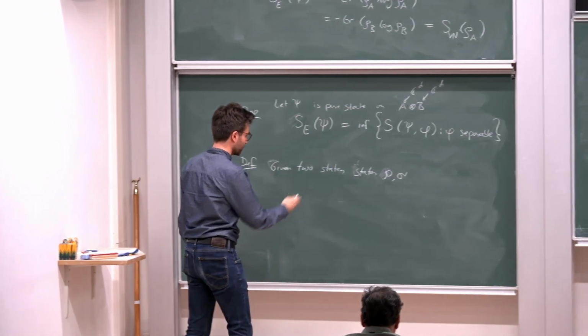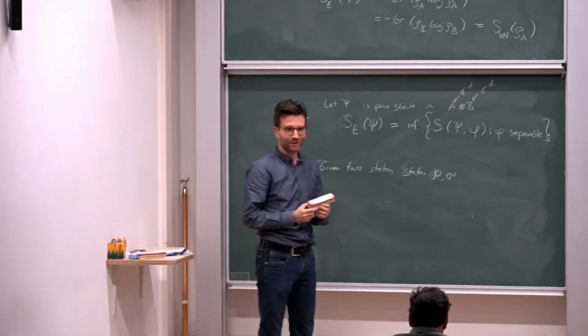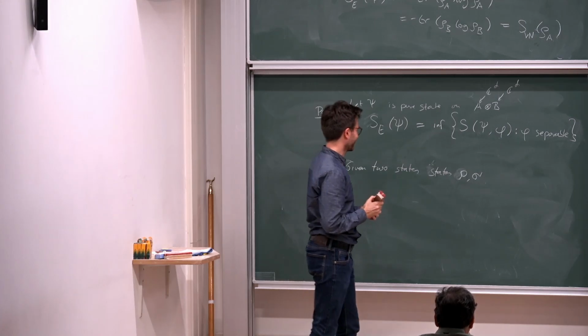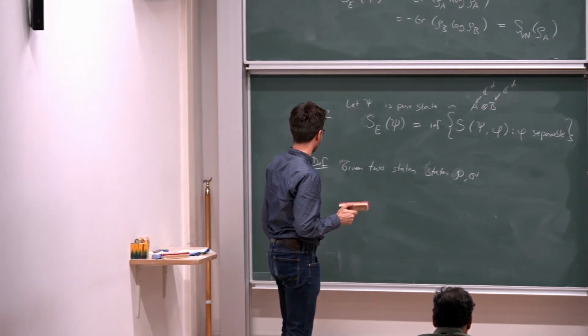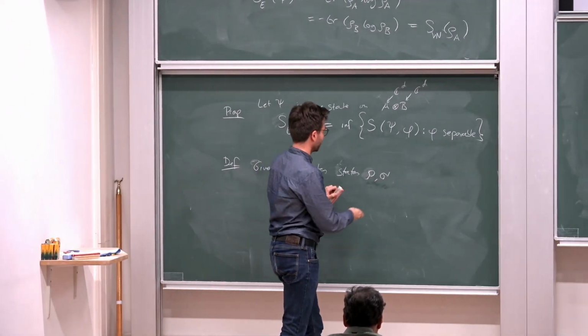So given two states, so these are density matrices. I'm never sure, should I use density matrices or the mathematical states? So these are density matrices. So given two such density matrices